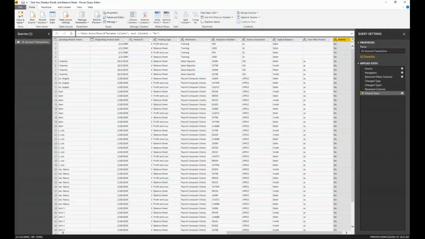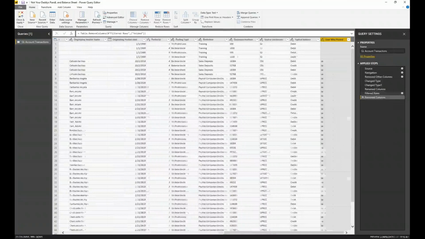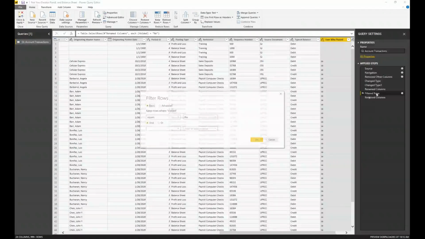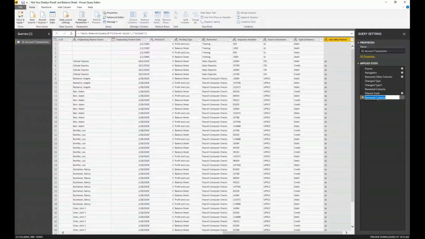I'm going to go ahead and click on OK. And now I no longer need that column, so I could right mouse click and remove it. That's because it's doing everything in applied steps. And you could come in and, whoops, reopen some of those steps up. You saw me do that. But you typically want to come in and rename your steps as you're working. I probably will not be doing this for the sake of speed from here on out, but I just wanted to show you how you could rename those and always get back to those individual steps. All right, so we've got that done.